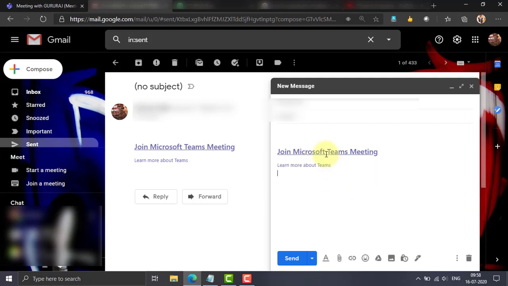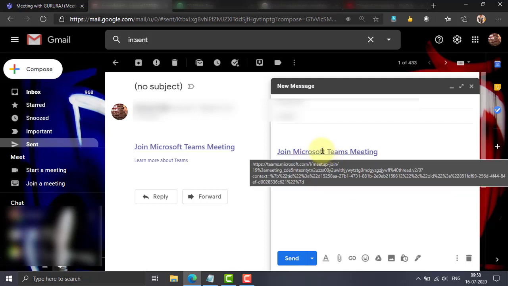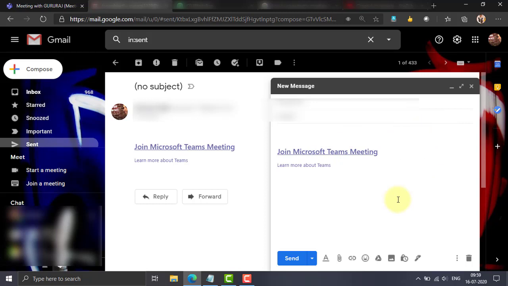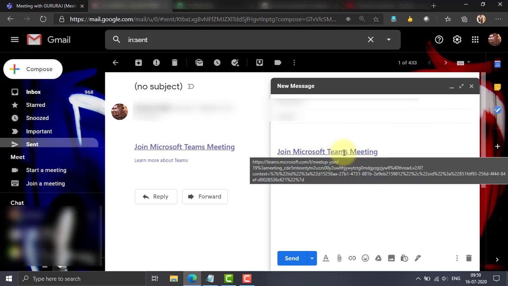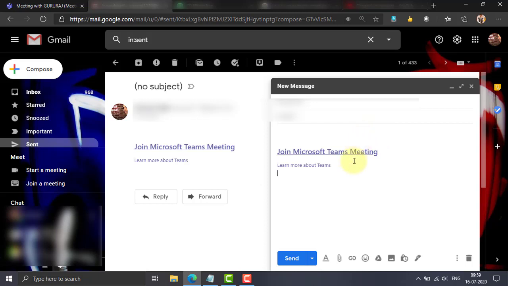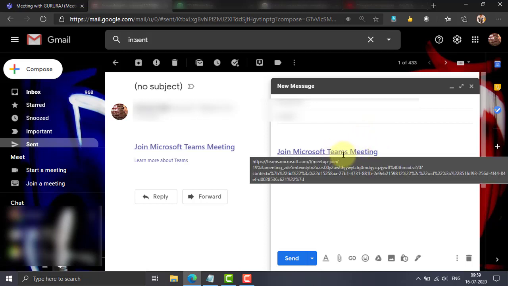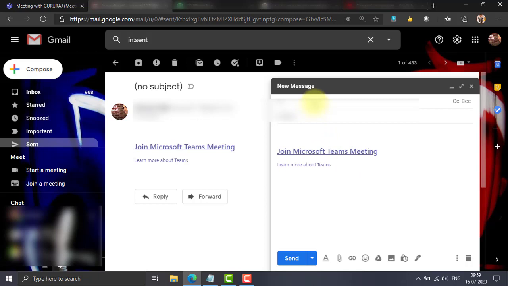If you place your cursor on it, you can see the link, which is embedded in the text, join Microsoft Teams meeting. The link will not be directly visible. Once you send this mail, the recipient can click on the join Microsoft Teams meeting text and will be directed to the meeting. You can type in the recipient name and send the email.